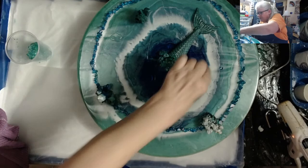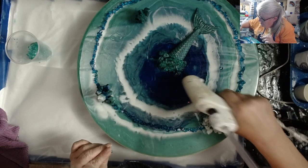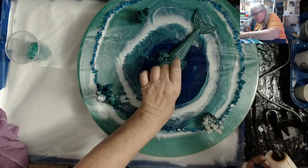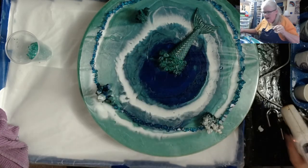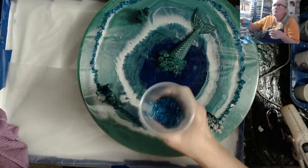Okay, now let me figure out where this glass was at. I think it was right there, so I'm just going to stick it back right there. Okay, now I'm just going to do a couple of little